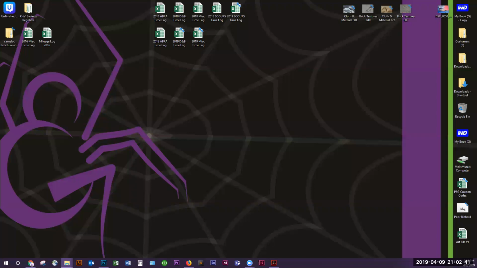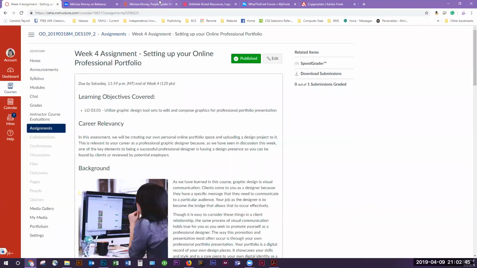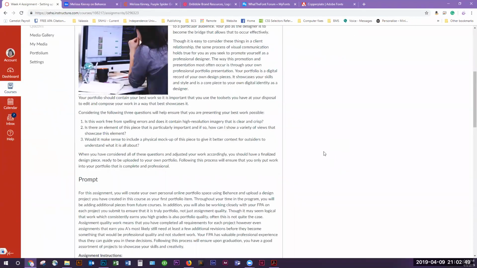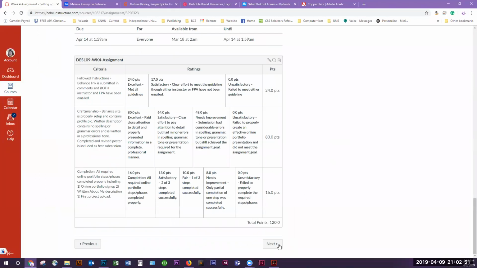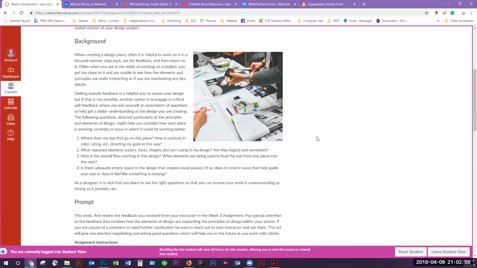So we're going to get moving right on to going over the assignment and the assessment. I'm actually kind of going to go back. I'm going to go to the assessment real quick first, so that once I get going with the portfolio assignment, I don't have to go backwards. So what you are going to be doing for the assessment this week,